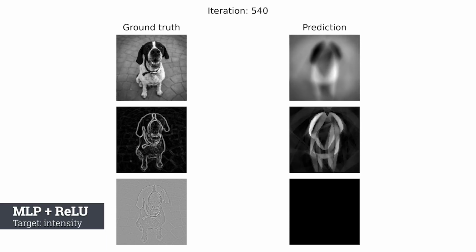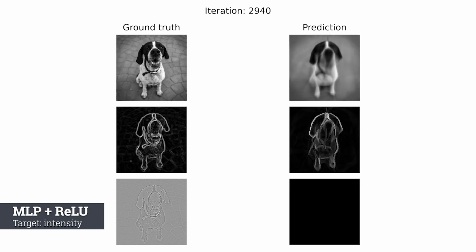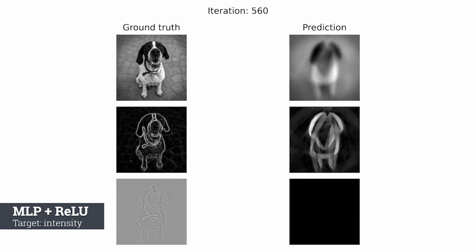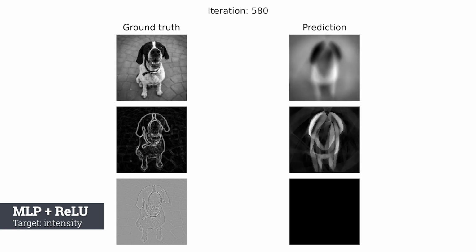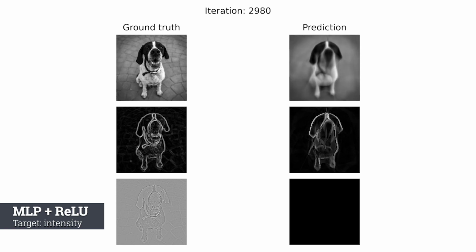Here you can see the results when using the multilayer perceptron with the ReLU activations. I guess the major difference compared to the Siren is that the Laplace operator of the prediction is just black. This is because the second order derivatives are equal to 0. When it comes to the predictions, we can see that they are not necessarily smooth. Anyway, I guess by having more trainable parameters, one could squeeze out better performance out of this architecture. However, the Siren is clearly doing better at capturing natural signals, and I think that is the main takeaway.